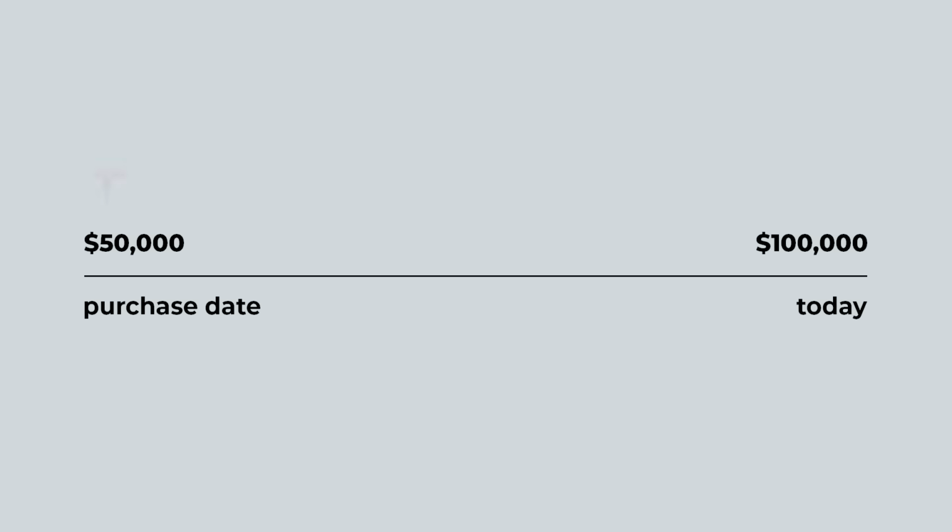You bought a stock in there and it had a nice gain. So let's say you paid $50,000 for it and it's run up over the years to $100,000. Let's say it was Tesla stock. Paid $50,000 for Tesla stock, now it's $100,000. I've talked to many of you that are in this position, sometimes even larger numbers. So you have $100,000 sitting in that account, but if you sold your Tesla stock, you're going to pay tax